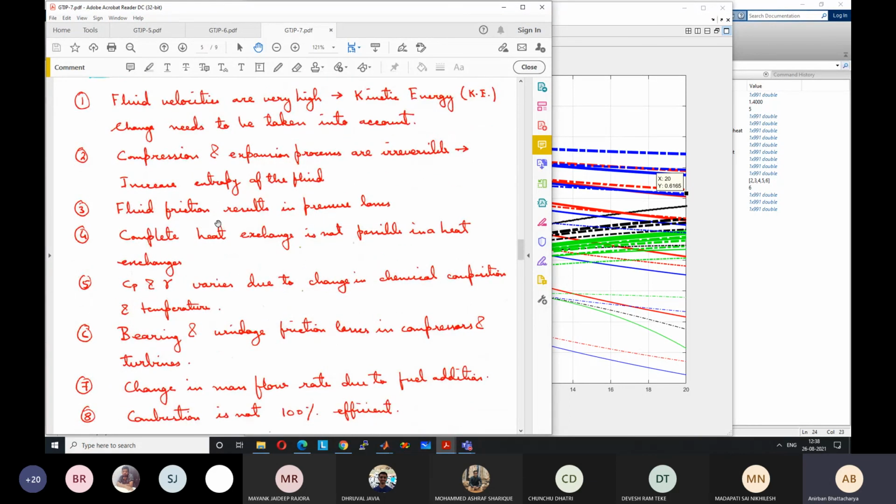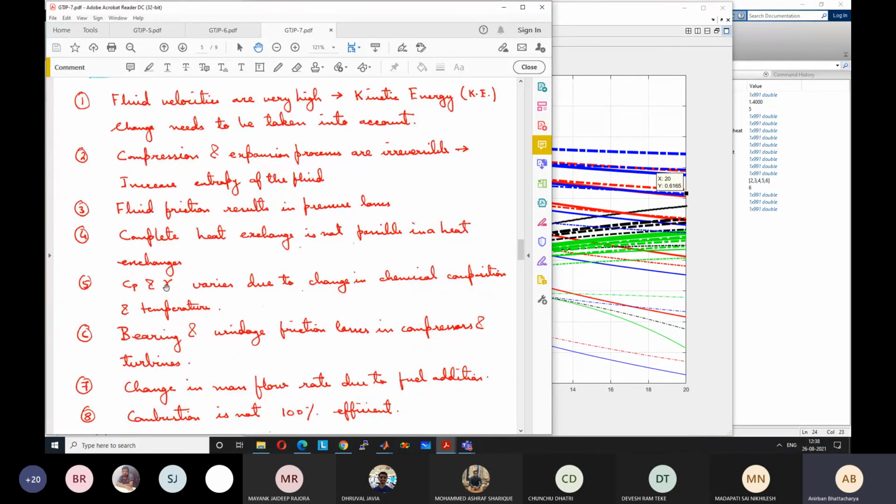Instead of studying all the individual cycles, we will see how to account for each of them in detail, point by point. For example, if the compression and expansion processes are irreversible instead of reversible, we have to introduce the compressor efficiency and turbine efficiency. There are two types of efficiency, isentropic efficiency and polytropic efficiency. How to include the isentropic efficiency? What is the meaning of the polytropic efficiency? All these things we have to study.